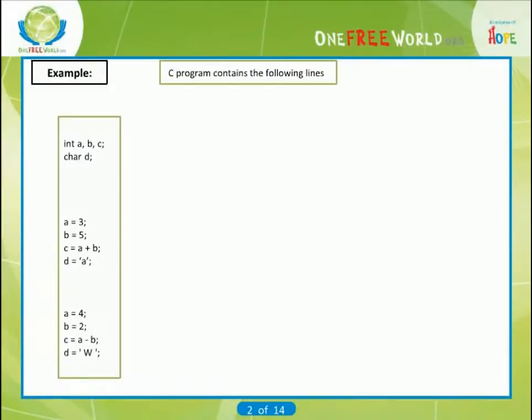Now, let us see an example. A C program contains the following lines: int A, B, C; char D; A = 3; B = 5; C = A + B; D = 'A'; A = 4; B = 2; C = A - B; D = 'W';